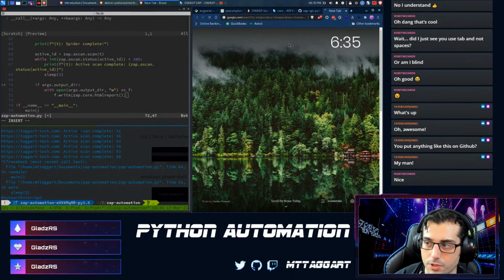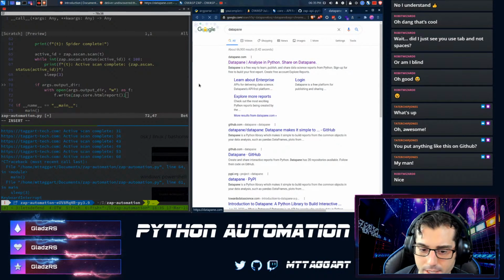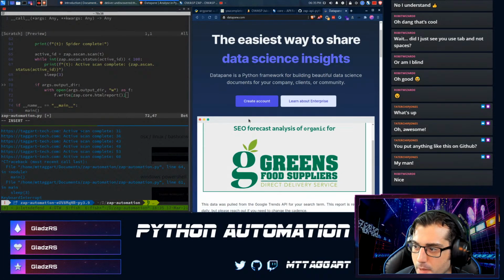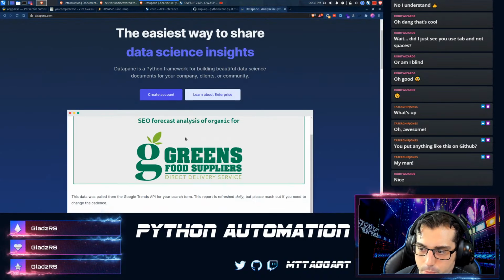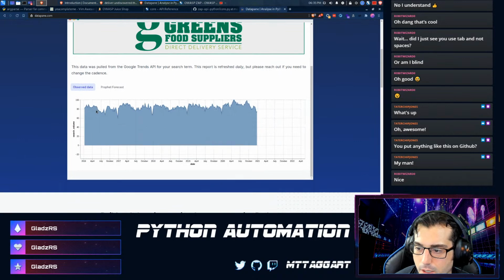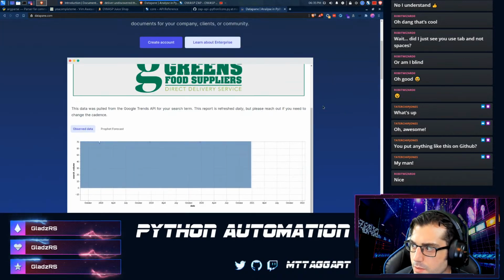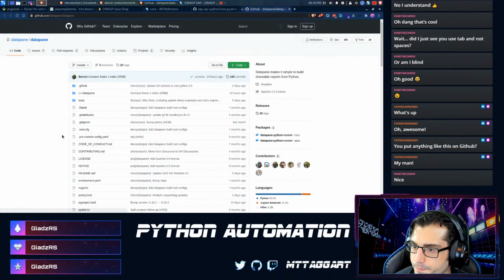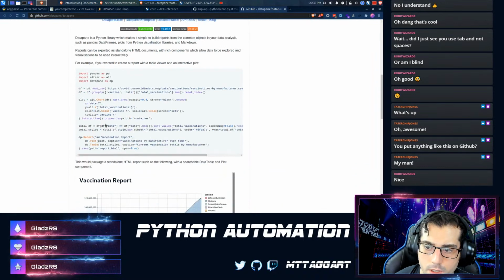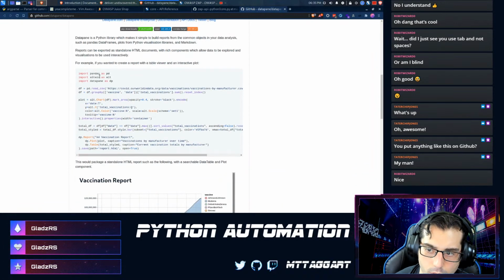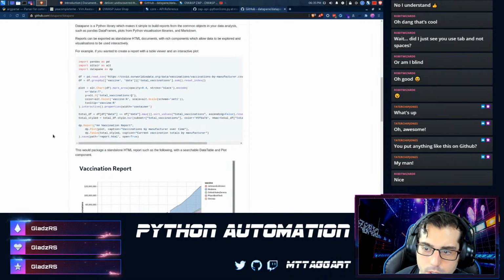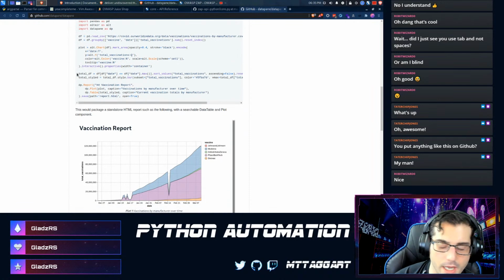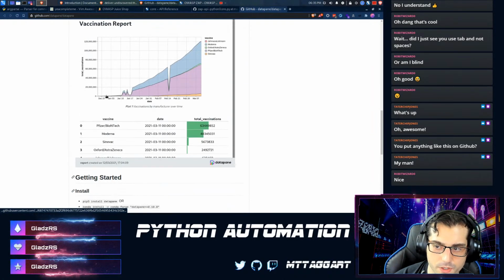I've been looking for an excuse to play with this. It's Datapane. And basically it is a way to programmatically... It's like freemium, there's an open source version, don't freak out with the create account thing. There is an open source part of this somewhere? There it is. Thanks, GitHub link. Yeah. And you can use Altair or Pandas, and I think I can use Plotly too. And so you can create your graph out of whatever, and then you can produce PDFs straight out of it.